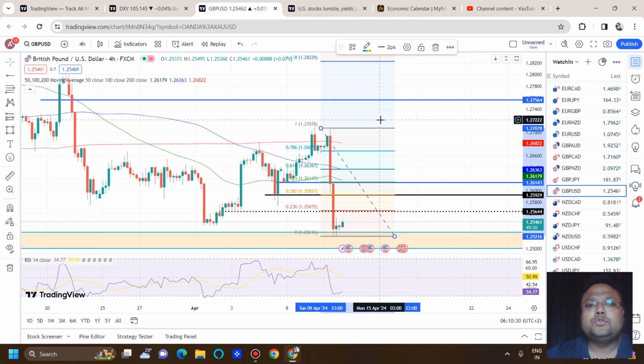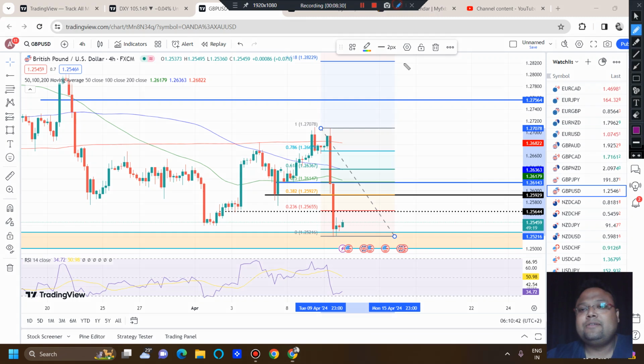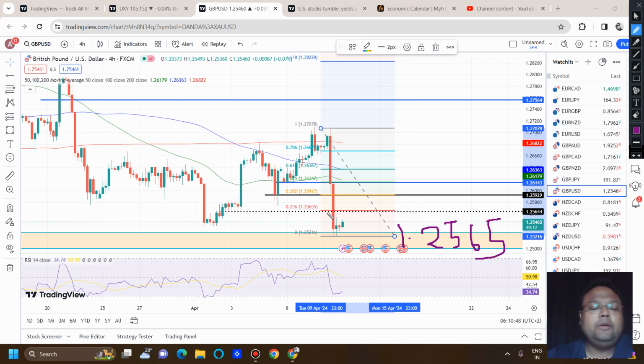Here also we have used Fibonacci and we have also added some spice in the form of price action. So the first level that is in front of us is around 1.2565. Here we have the Fibo 23.6% retracement level, and the previous support will be working as resistance. And then you can see we have levels around 1.2592,